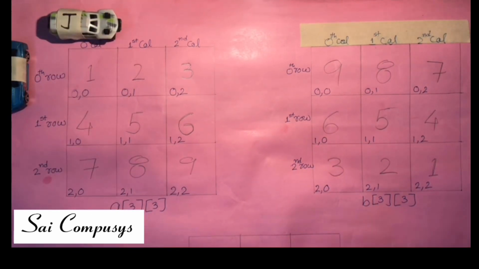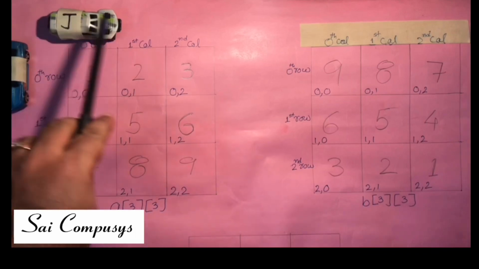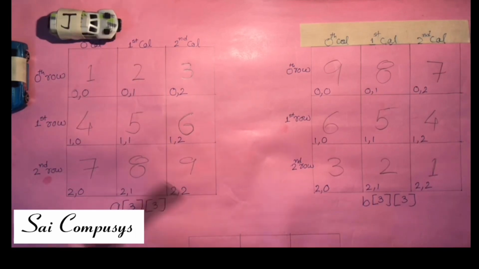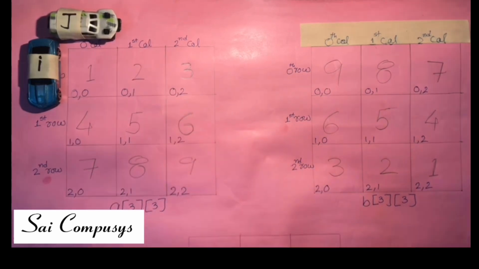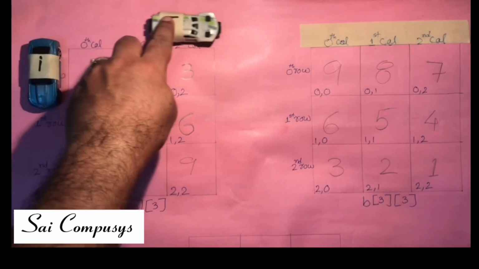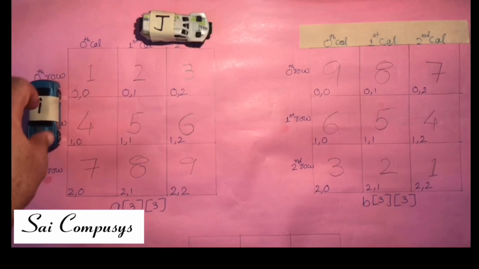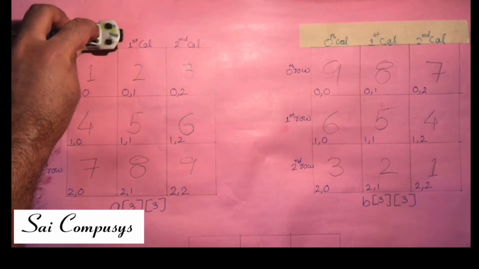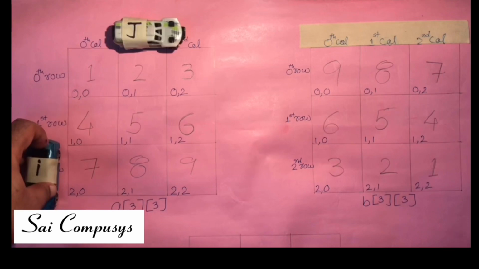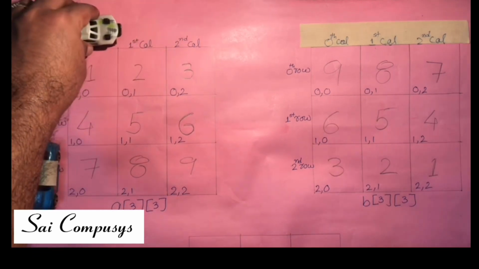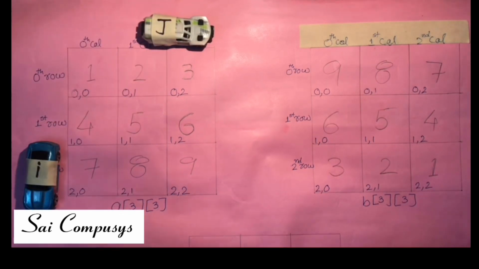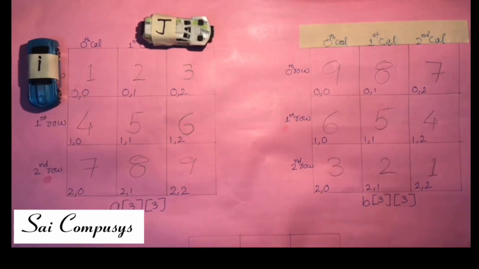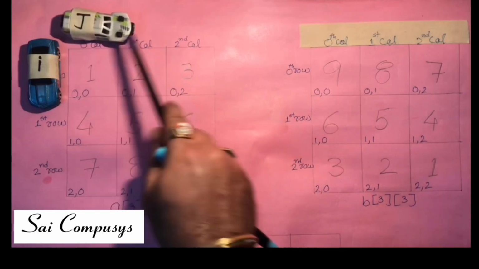Matrix A is referred with position variables i j. You know how the accessing of elements takes place. When i is on the 0th row, j goes from 0, 1, 2. When i is on first row, j varies from 0, 1, 2. When i is on second row, j varies from 0, 1 and 2. So what is happening is, for every value of i, j varies from 0 to 2.